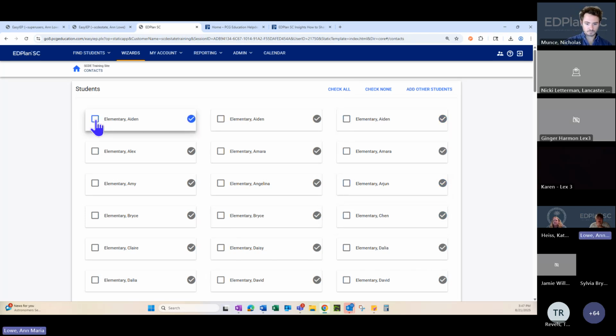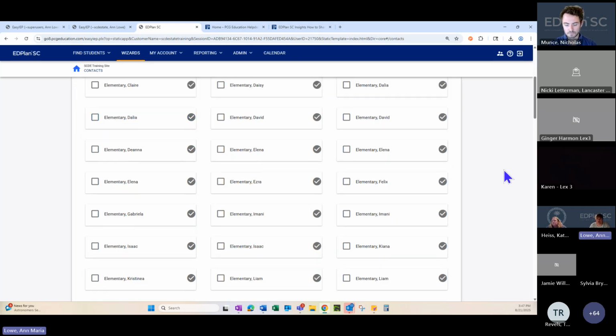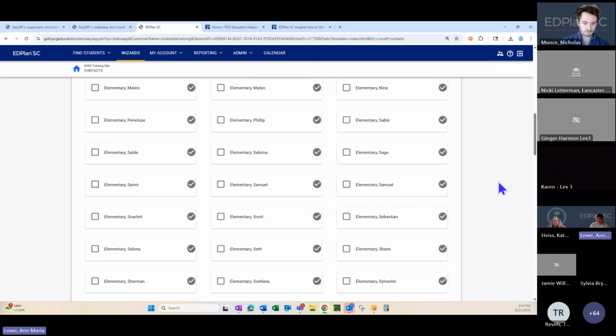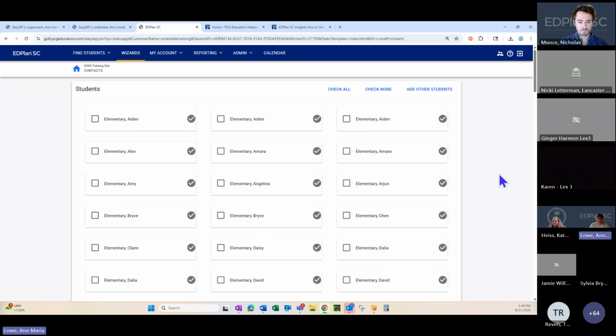And then I can send that contact or document that contact for all of those students without having to go into each student, retype it, and save it. Next student, go into the student, retype it, and save it. So that's what that launch group wizard does. Now I'm going to choose those same students again.